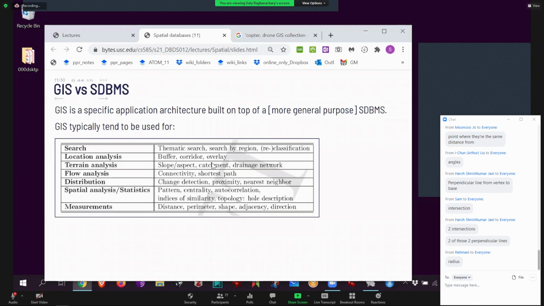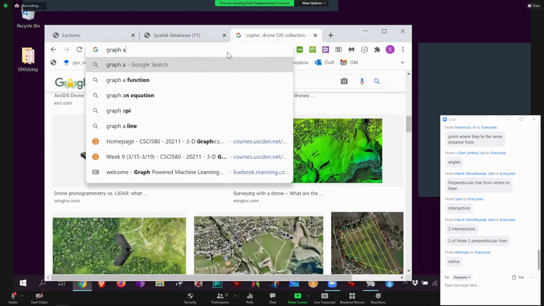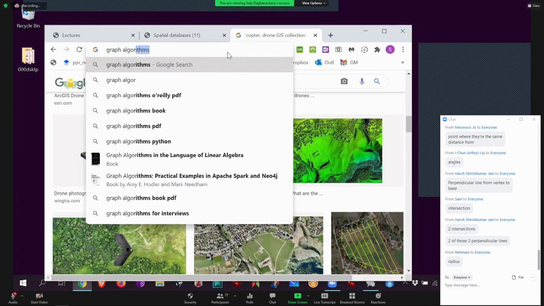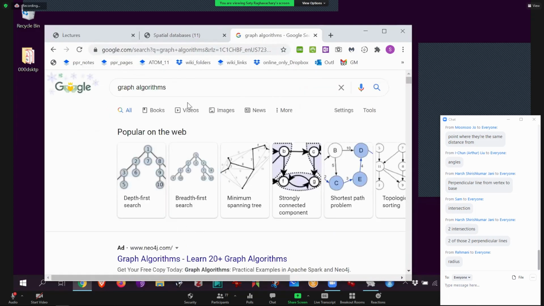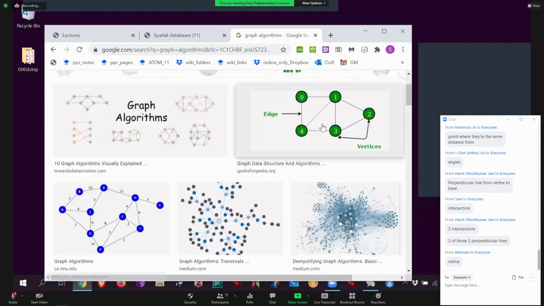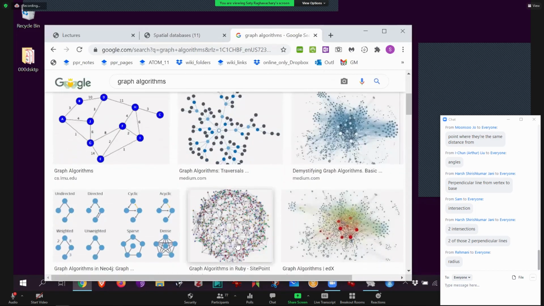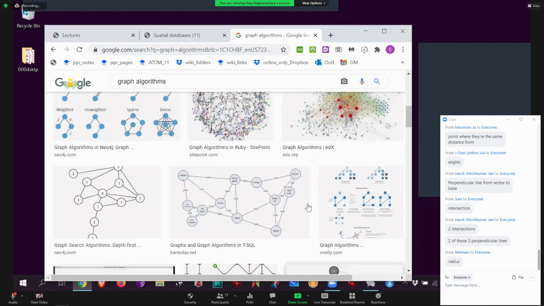These are, by the way, classic graph algorithms. In algorithms classes and data structure classes, there's a whole specific beautiful class of algorithms called graph algorithms. That is exactly what we're talking about. But now you can run those graph algorithms on spatial data, and it's extremely fascinating. You can do cluster analysis. You can do what are called centrality measures. There's one called betweenness centrality.